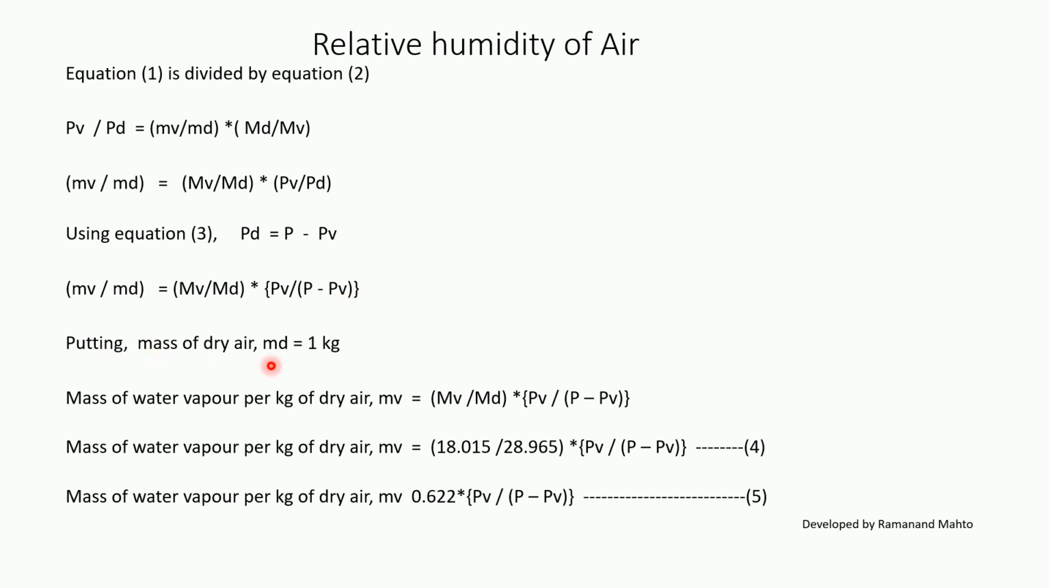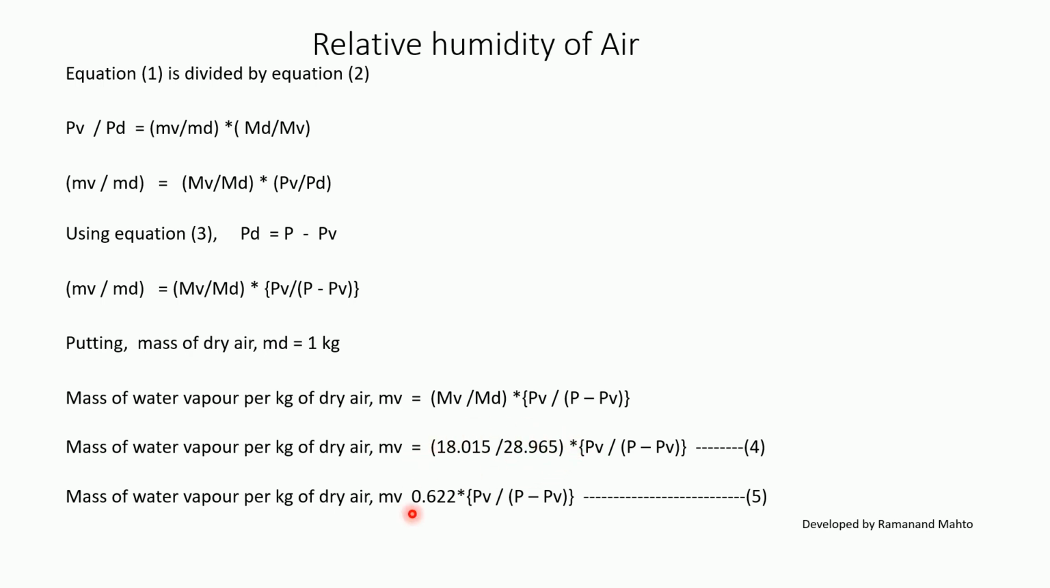Putting the mass of dry air, md, as 1 kg, we can write mass of water vapor per kg of dry air mv is equal to capital MV upon capital MD into PV upon P minus PV. Putting the molecular weight 18.015 for water and 28.96 for dry air into PV upon P minus PV. This is equation 4, and just